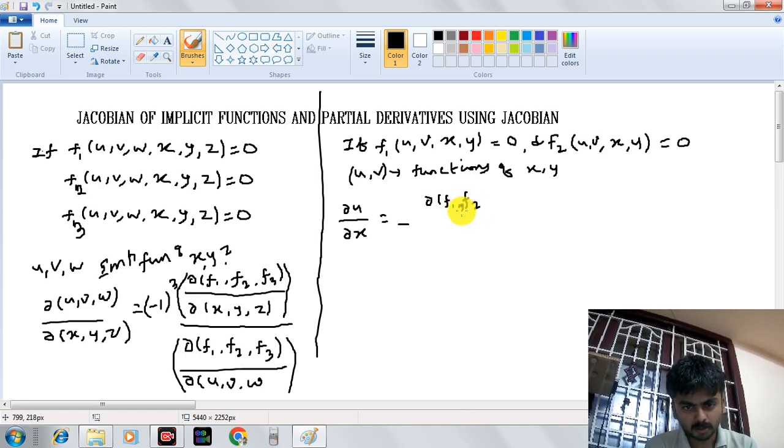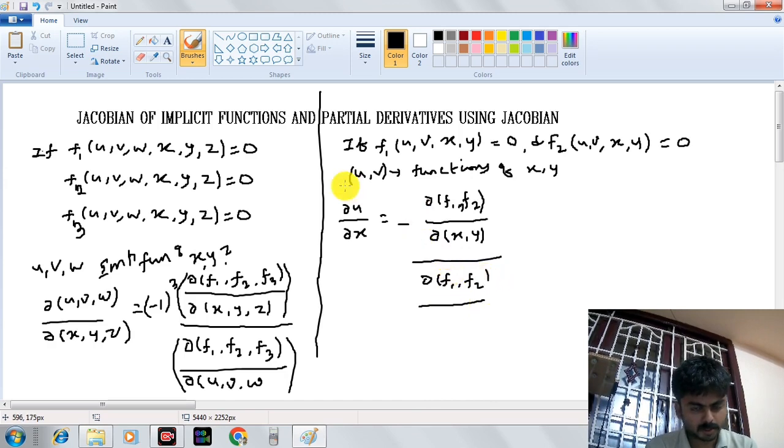Okay, ∂(f1, f2) divided by ∂(x, y), ∂(x, y) divided by ∂(f1, f2) divided by,